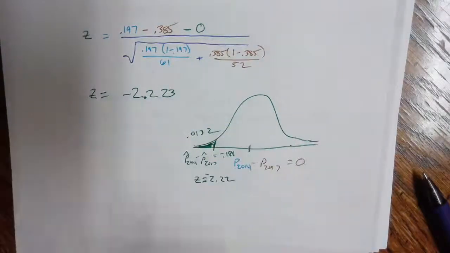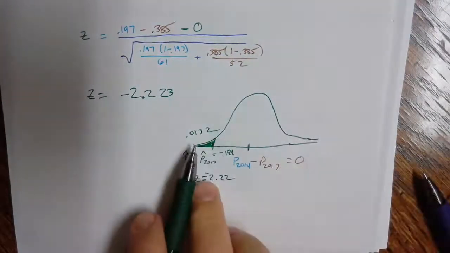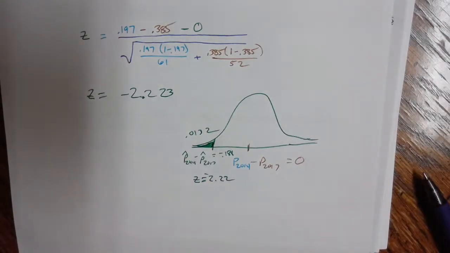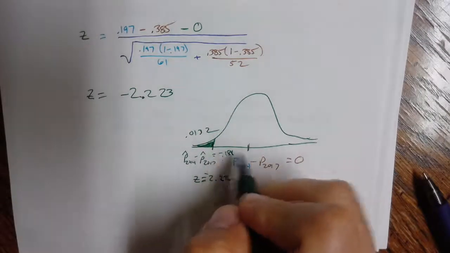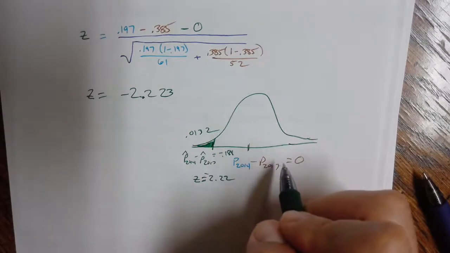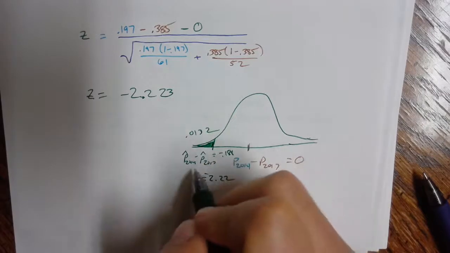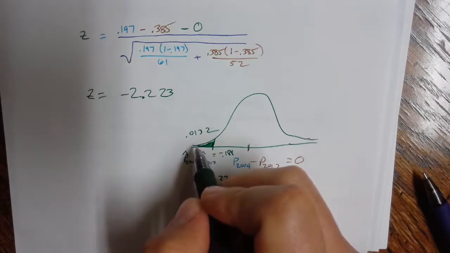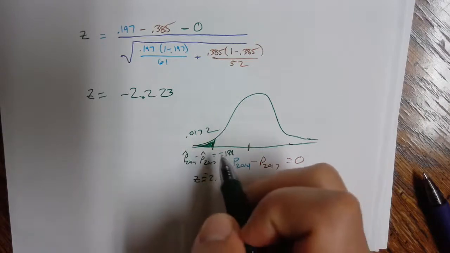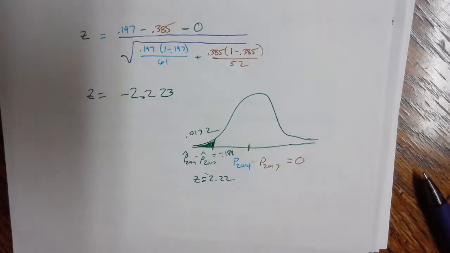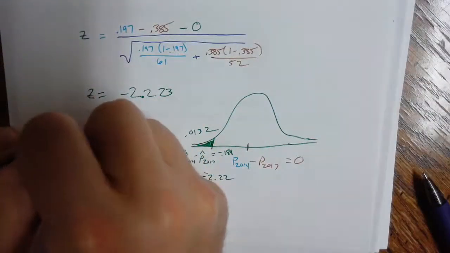this number that's a little over 1%, this is the probability that our sample difference is almost 19% if they're supposed to be 0. If these two things are actually equal, the probability that our sample occurring would happen about 1% of the time, 1.32% of the time. So this is significant at the, and remember it told us to use alpha of 0.05. So alpha was 0.05, and just as